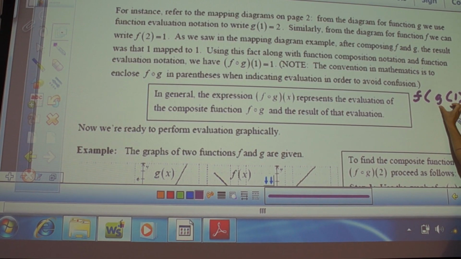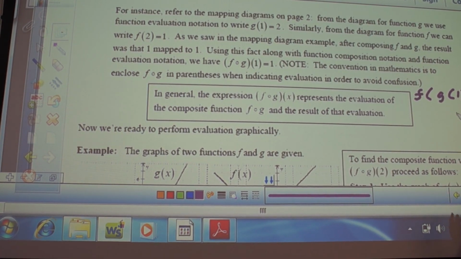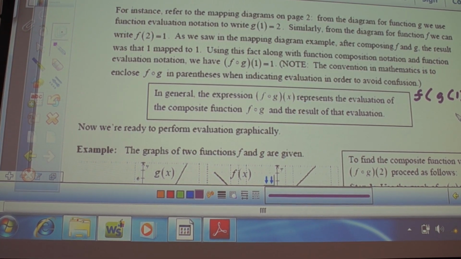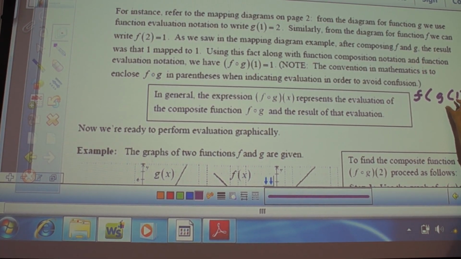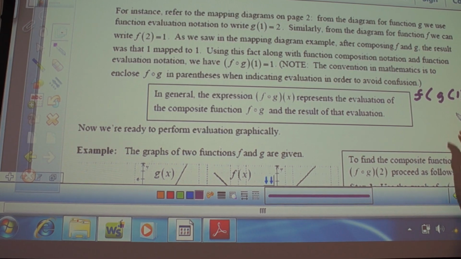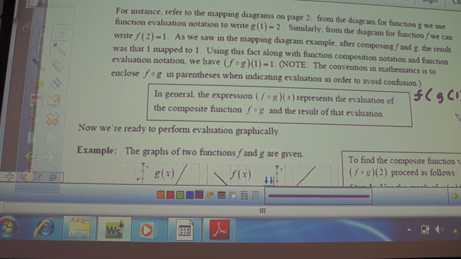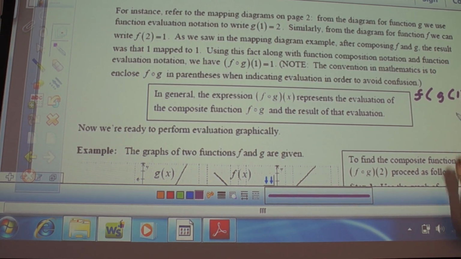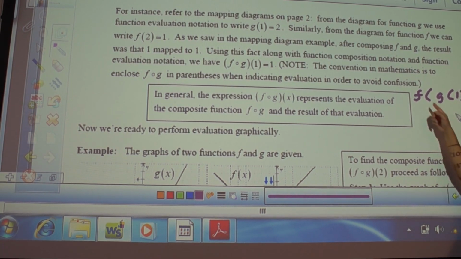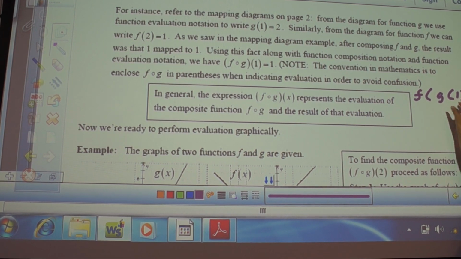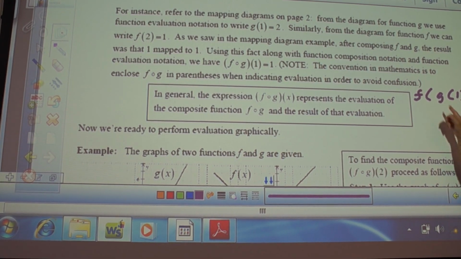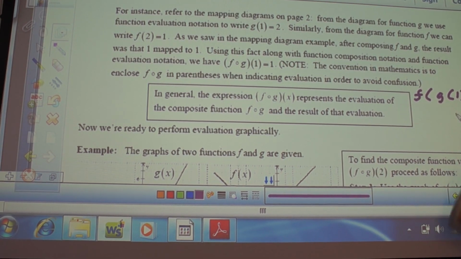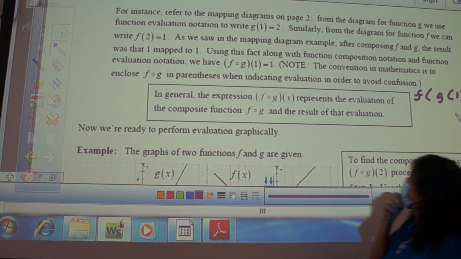G of 1 is my f, my first f, right? Or you take that first f, our first output, sorry. G of 1 is my y. I'm telling you, this is messing up. All right, so g of 1 is my y, my first output. And I'm going to take that output and make that the input for g. So this first y becomes my x that gets put into f to make my final y, my final output. All right, so